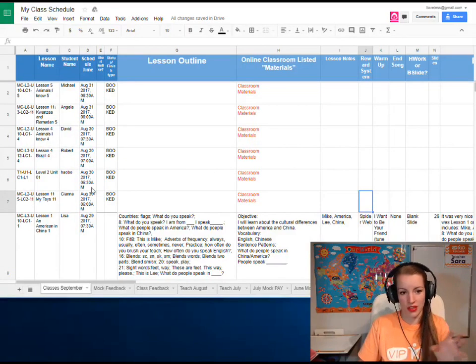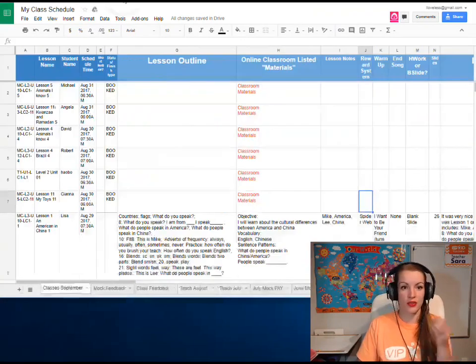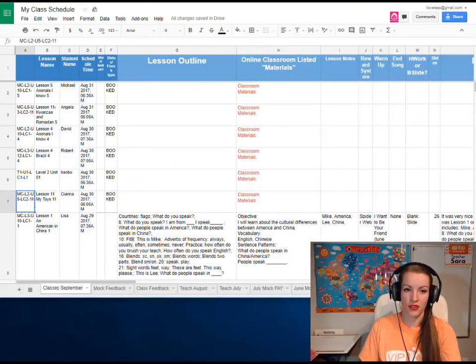You'll have your schedule, like here, and I just copied what I just showed you into my lesson, and then you have the lesson bank. So the lesson bank we don't change or use in class. You use your class schedule, and then what you're going to do is you just take the code, you copy